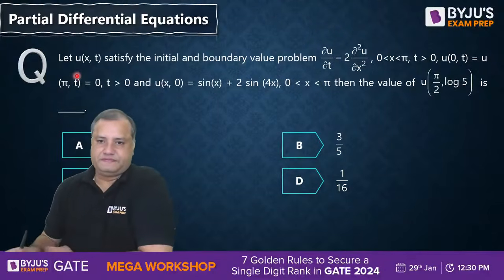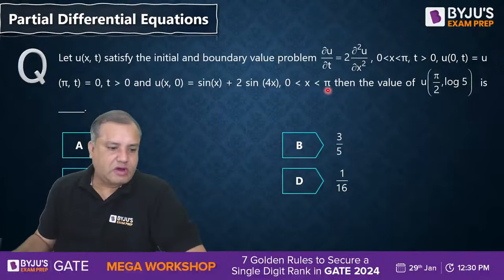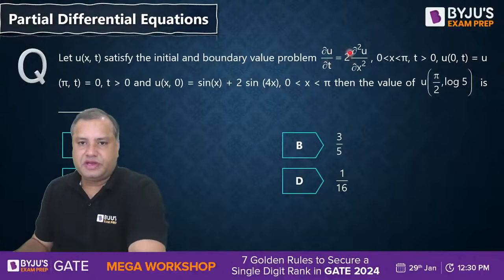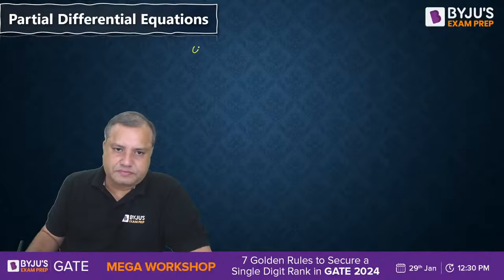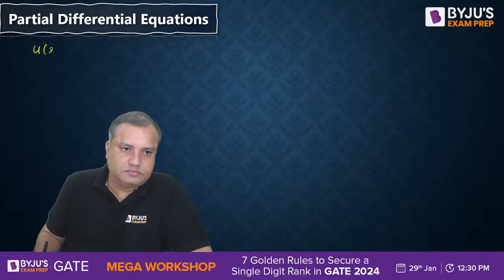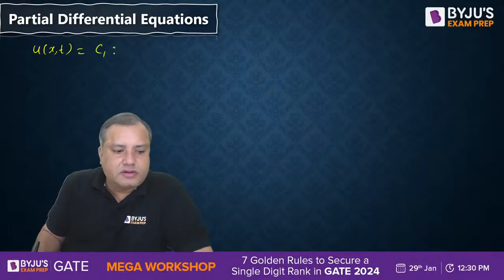What about this one? We will solve it little bit quickly. See, here c square is 2. So I am writing the general solution. C1